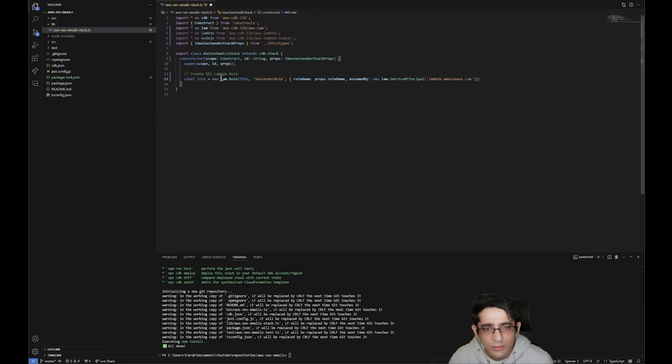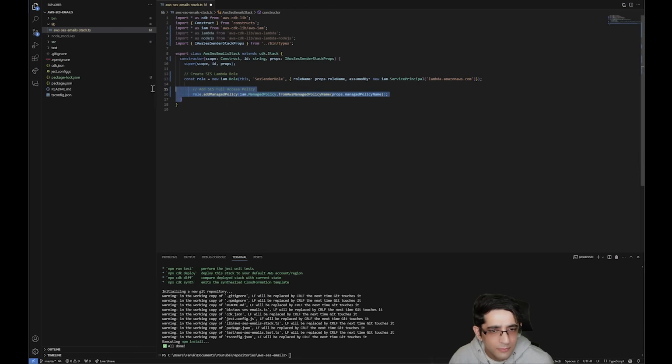So then we're going to say IAM. We're creating a new IAM role. This is the scope. We have the construct name. It's only valid inside of the CDK stack. We're going to pass in the role name, and then we're going to allow the Lambda to assume this role. So once we have this, we're going to add the managed policy, which was the